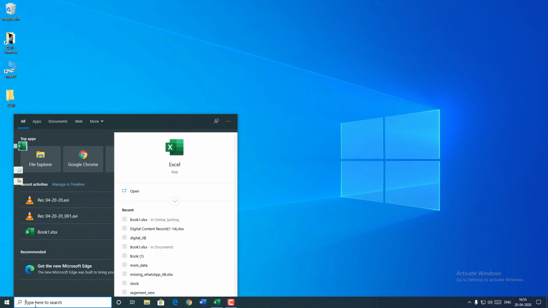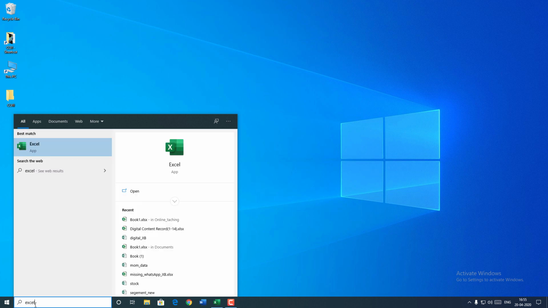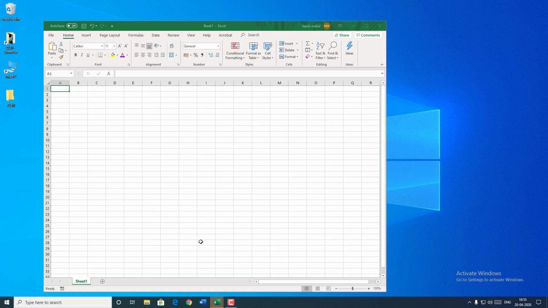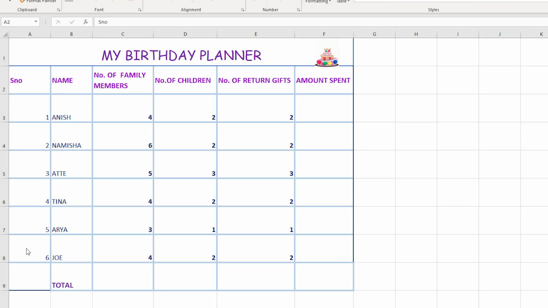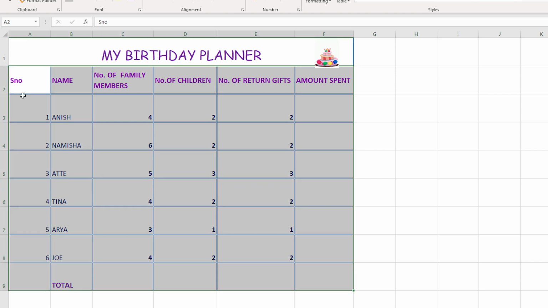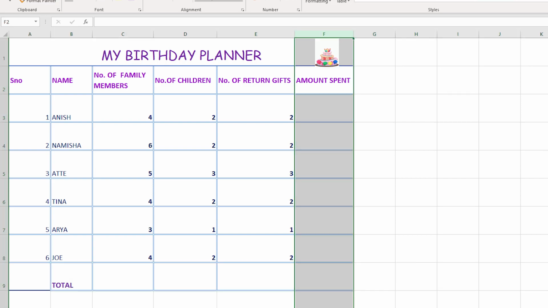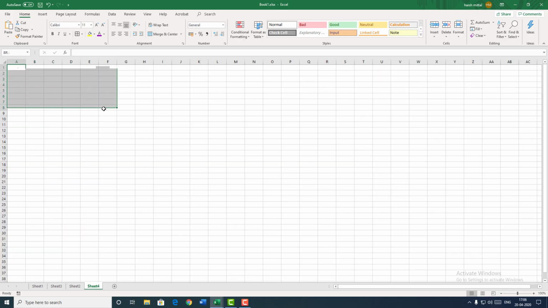So here I am going to start Excel. I have searched for Excel and I am going to open it. You can pin it onto the taskbar. Alright, so let's begin. Now this is the kind of planner which we would be creating. Can you guess how many rows and how many columns it has? Let me select the entire sheet so it becomes easier for us to see. See here, there are 9 rows and columns till F. So I'll be creating a new sheet, and on this new sheet